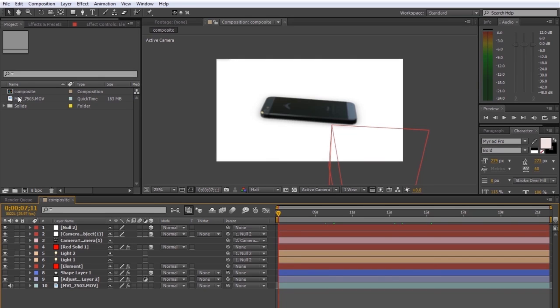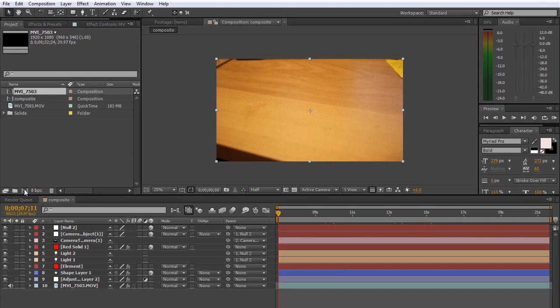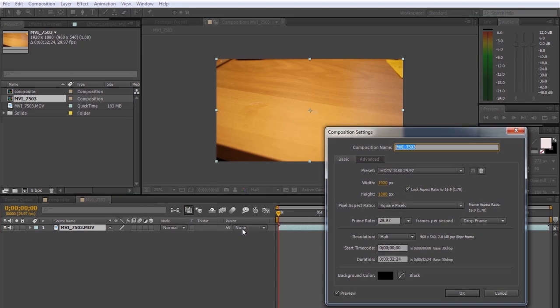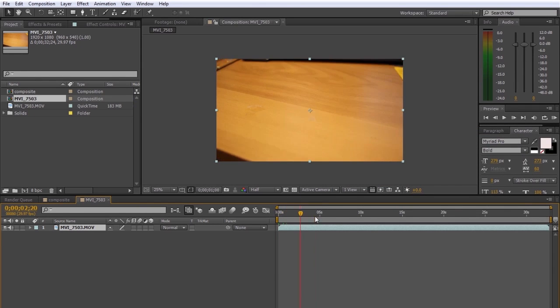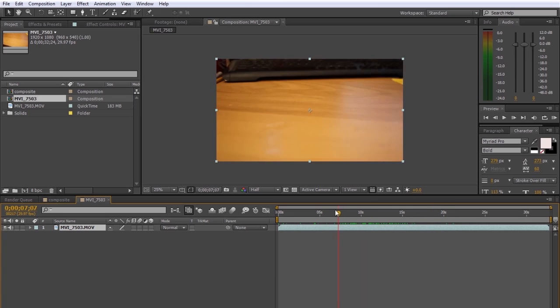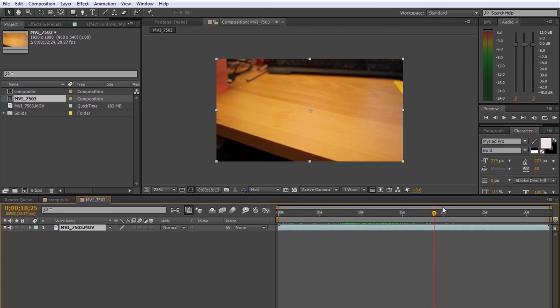Okay, first what we're going to do is grab our footage and drag it over the new comp button right here, which is going to automatically create a composition that is the same size and length and frame rate and everything as the footage, which happens to be 1920 by 1080 at 29.97 frames per second. And we're going to not use the whole footage because it'll take a while to track it all. But let's grab just a little spot